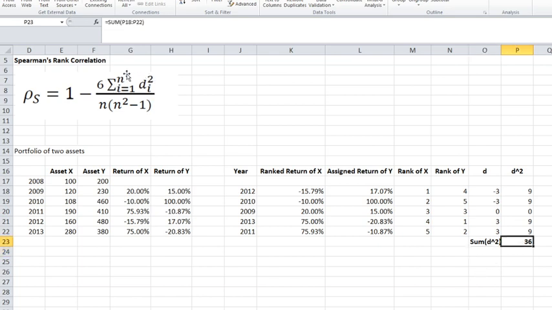So 36 will be used to plug into the numerator of this formula. The denominator of the formula says n times n squared minus 1. N is the number of observations, the number of years, the number of paired observations. So it's 5 years, we know it, but to remind ourselves, let's just use the count formula. Yes, it's 5. So now, before we plug these two numbers into our formula, as I like to do, I will put the numerator and the denominator separately,